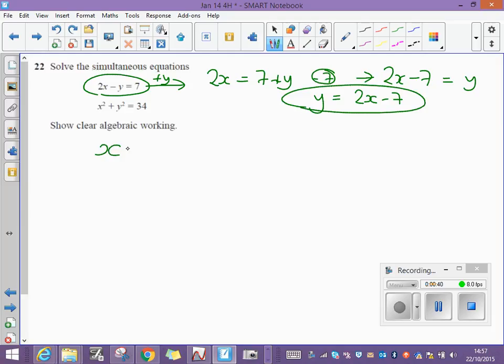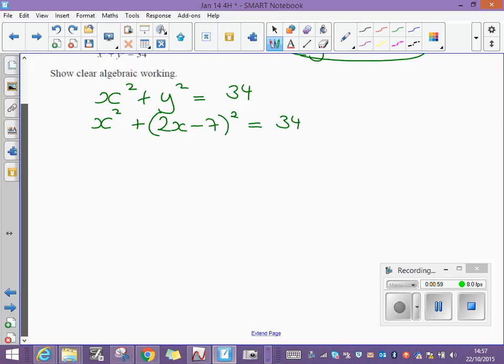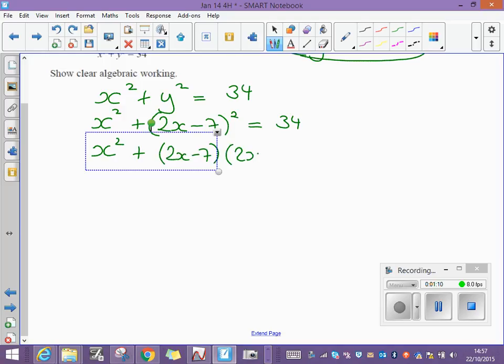So the other equation tells me that x squared plus y squared is equal to 34. And I can now replace that y over here with 2x minus 7. So I now know that x squared plus (2x minus 7) squared equals 34, and my job now is to solve that equation. Now it's a quadratic equation, but I have to rearrange it first of all by removing the brackets. Don't forget that (2x minus 7) squared means 2x minus 7 multiplied by another 2x minus 7,